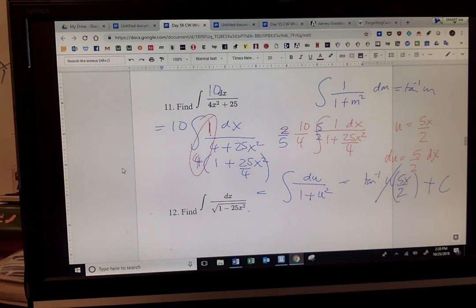Now, stop. Am I ready to do u substitution? And my trick is, when you're doing this u substitution, that stupid expression is always u. So integral 1 over 1 plus u squared du. You don't even need to think. It will always work itself out. Babar, wake up. Let's wrap it up. 3/5 tan inverse u. And what is u after all? Plus c. That's your answer. Not too bad. Observe the shortcut. So you can kind of skip a step in your mind, but make sure your algebra is right.